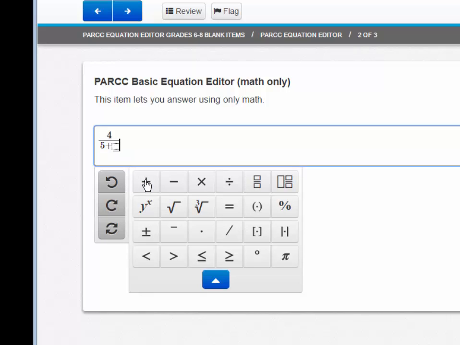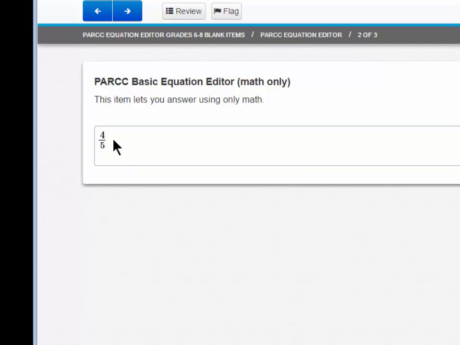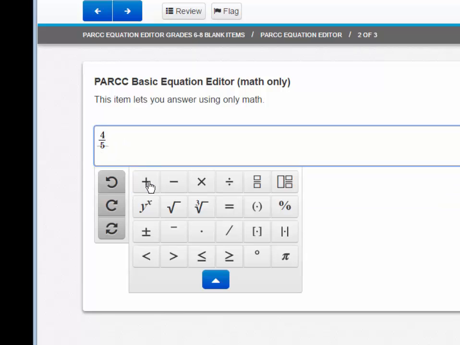If I type plus without tabbing out, the plus will appear in the denominator section, which is not what I wanted. So I'll backspace. I type tab and click over to the side. Type the plus, and now the plus is in the proper position. I'll add it to a mixed number. 1, tab, 1, tab, 5. Click out. Equals